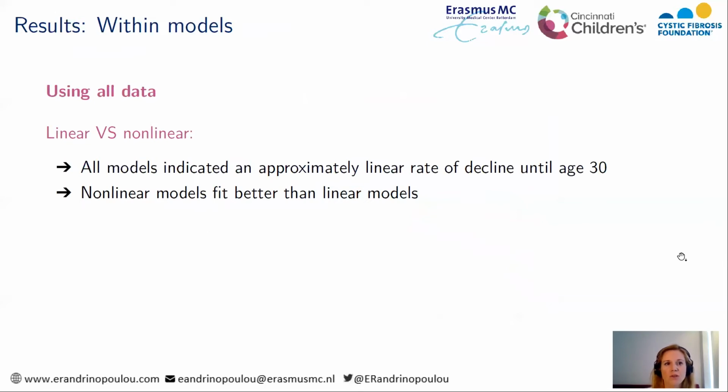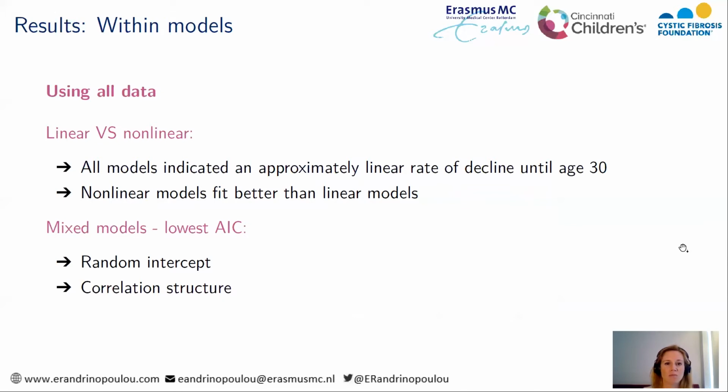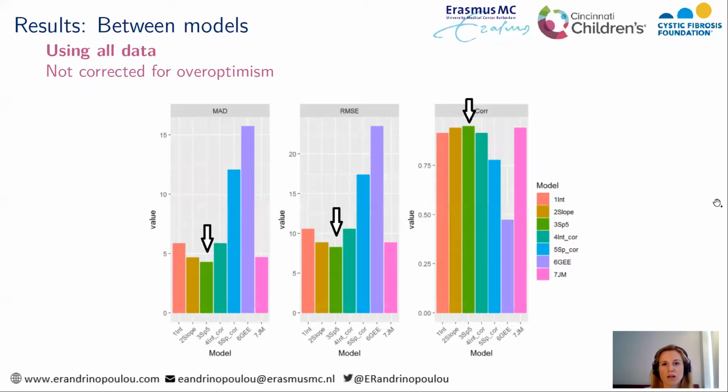So now, with regard to the linear versus nonlinear, our models indicated an approximately linear rate of decline until age 30, but the nonlinear model seems to fit the data better. In the case of the mixed model, we had to make some extra choices with regards to the structure of the random effects and the correlation structure. And in that case, we obtained that the model assuming a random intercept and a correlation structure provides us with the best fit. So if we now compare all the models, we can see that the mixed model assuming splines in both the fixed effects and the random effects